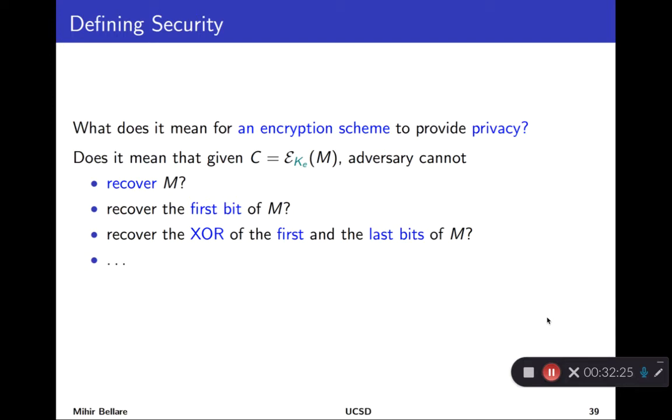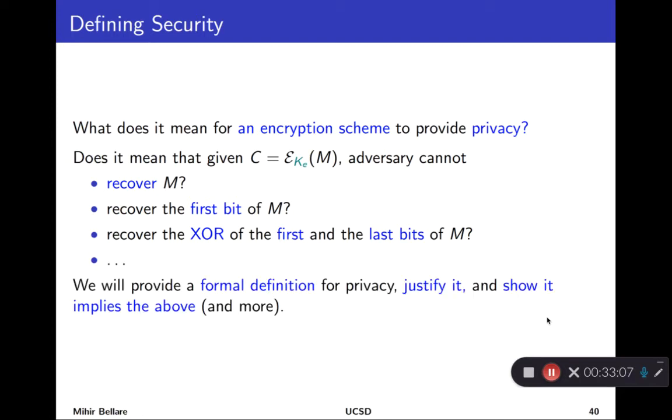And that question gets even more difficult or subtle if your adversary starts saying it can discover even more subtle things about the message. What if it says, I can't actually figure out the first bit, but I can figure out the sum, the XOR of the first and last bits? And should that upset us? Eventually, as we'll see, we do think that all of these things are problems. A good encryption scheme should not allow an adversary to do any of these things. But also, and more difficult, what other things should it not allow an adversary to do? There seems to be an endless list of such things it could do.